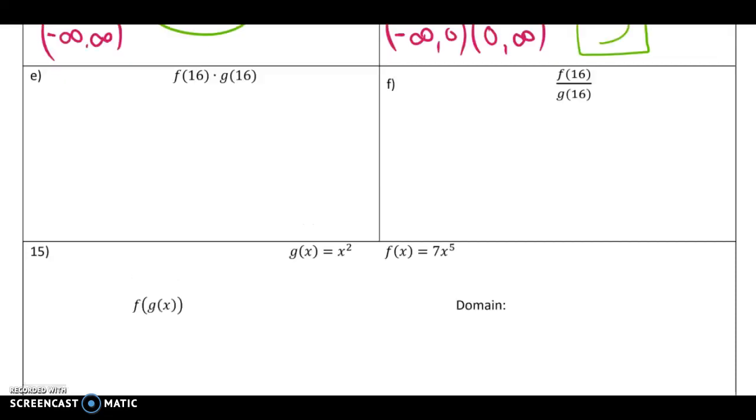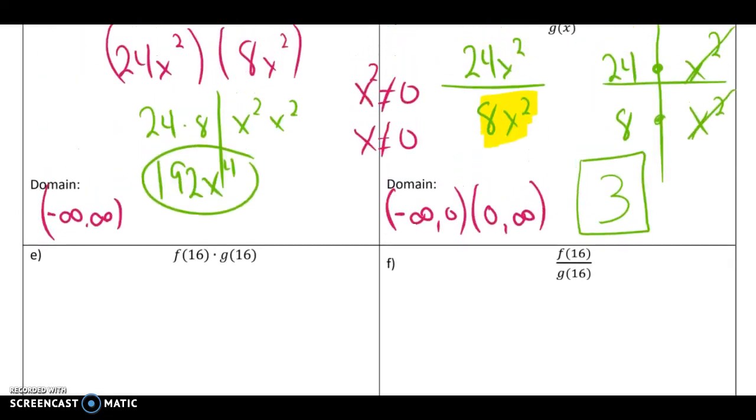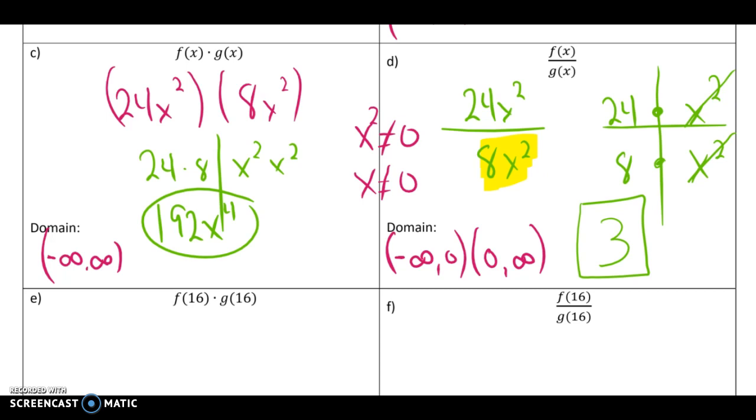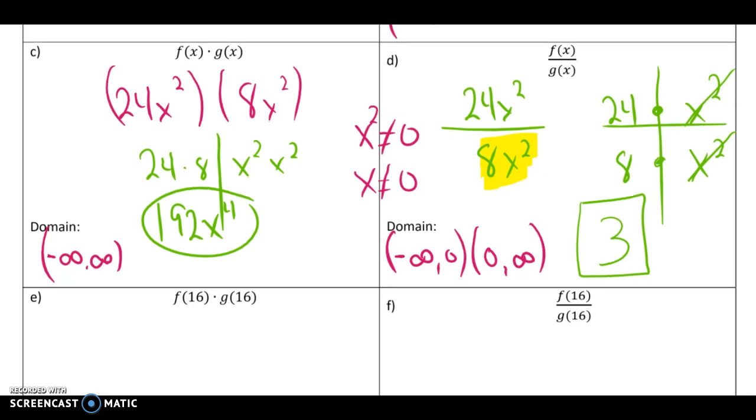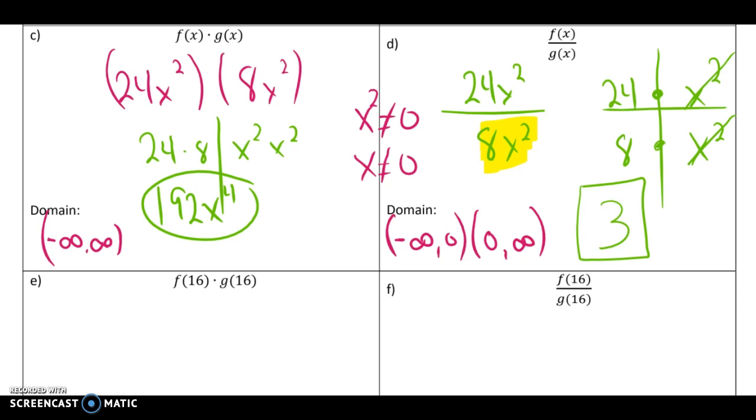All right, so moving on to question E. This time we're going to take the 2 and multiply them. And again, you have a couple of options. I've been showing you one option kind of consistently, so now I'm going to show you the other. And this other idea is, since you have already multiplied f of x times g of x in part C, and in E, they just want you to put 16 in for the whole thing, you can actually just take